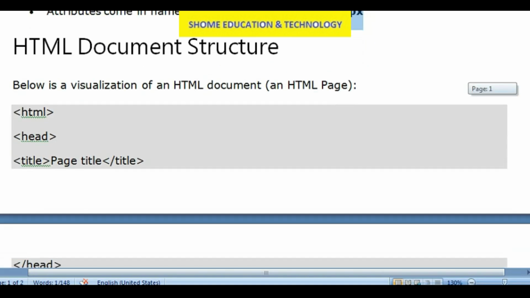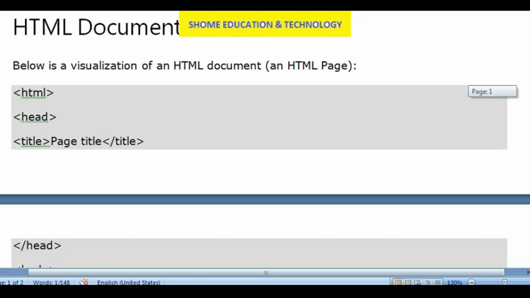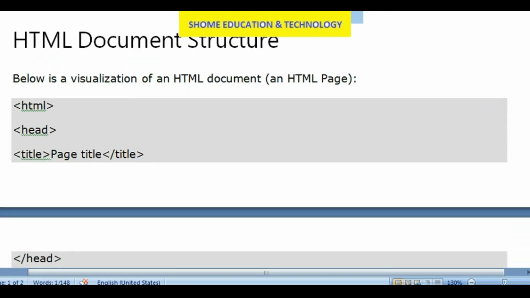Next, HTML document structure. The HTML document structure is like this. It always starts with an HTML tag followed by a head tag, then comes the title tag. This is the title. It can be anything you want or like.